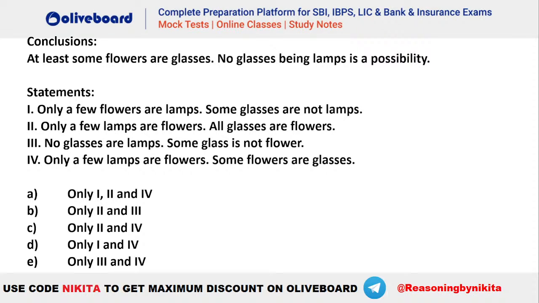Try this one, guys. Let's see what should be the answer. Try to eliminate options if something is not right. If we are not able to eliminate anything, then you can make the diagram. Like in this particular question, you can see the second one is given as a possibility, right? So try to draw the diagram in case we are not able to eliminate any option. Okay, try this out. Let's see.